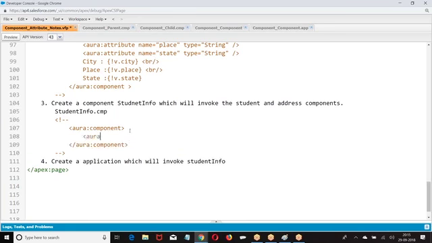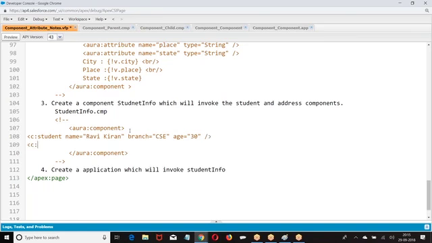Then how do you call? It is c student name, branch, c address.